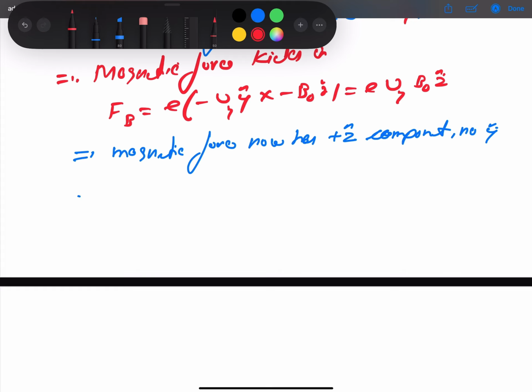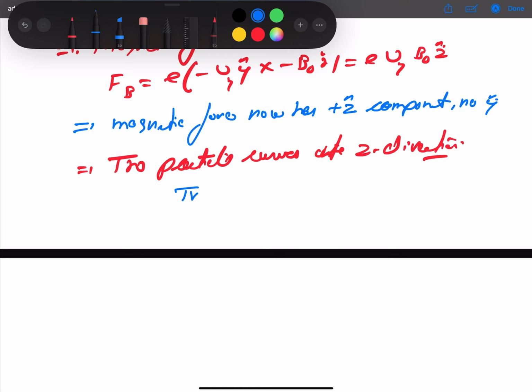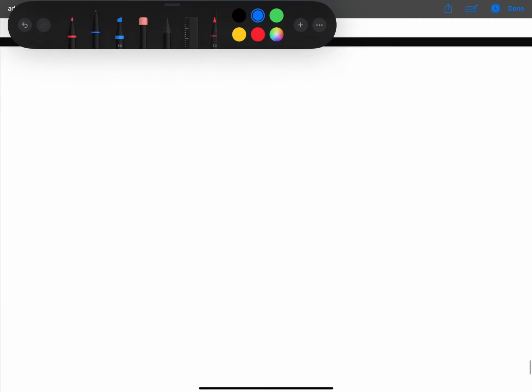So we can say that the particle curves into the z direction. So it means this is also incorrect. This is not correct. Now we come to part B,